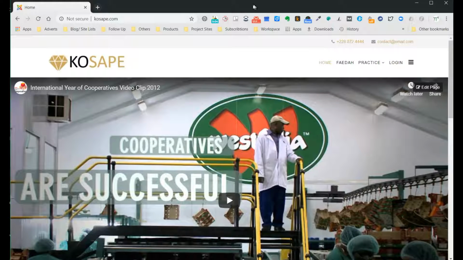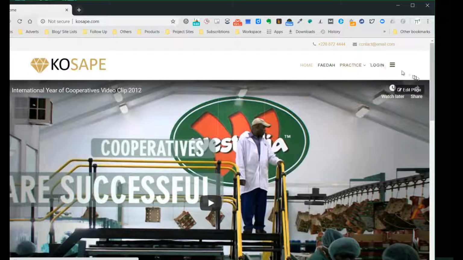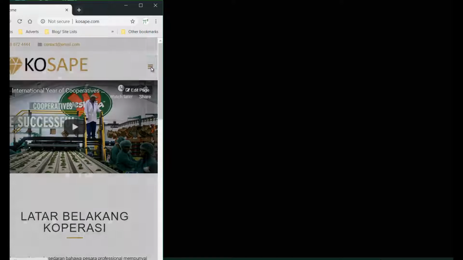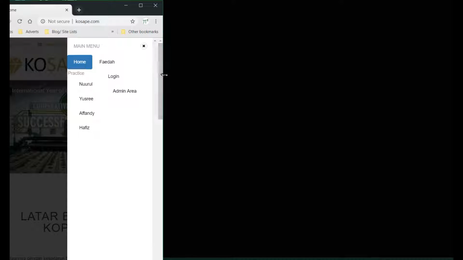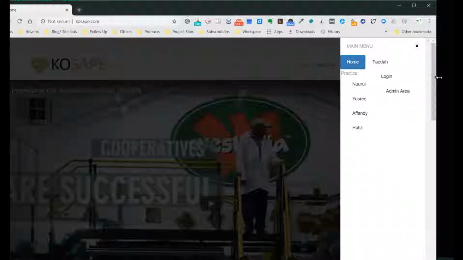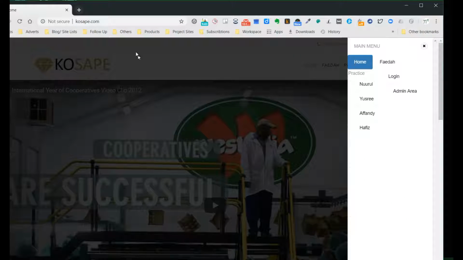This is a responsive format, which means that if you were to use this on the phone, everything adjusts to the screen. You can see that the menu is not here anymore, but it's replaced by this mini menu over here. Now, coming back to the website,